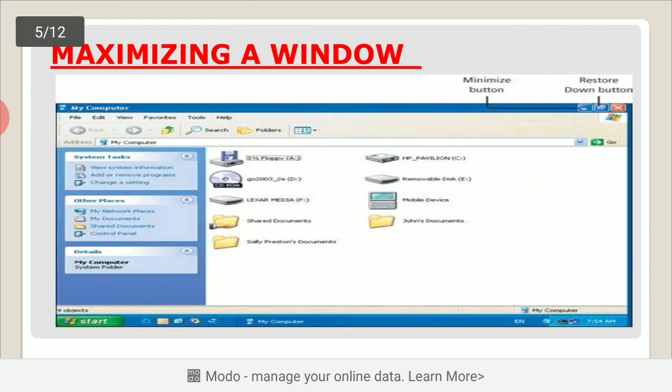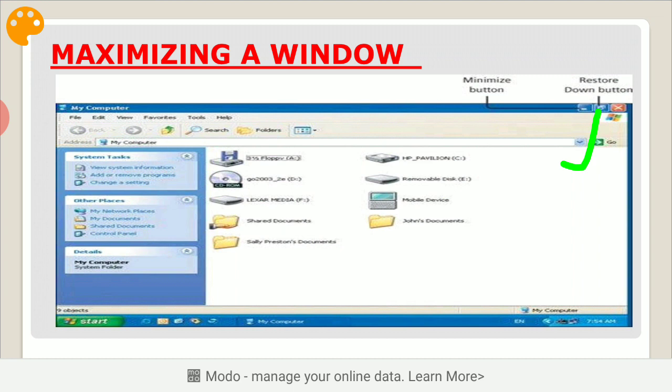Okay, now what is maximizing a window? How can you maximize a window? You can enlarge a window to its maximum size with the help of the maximize button. And where is the maximize button in this picture? Yes, in the center. So click on the maximize button in the window.